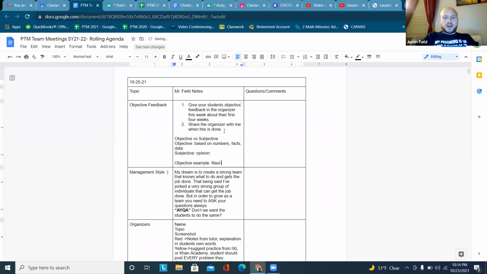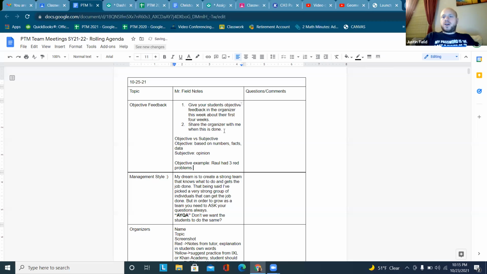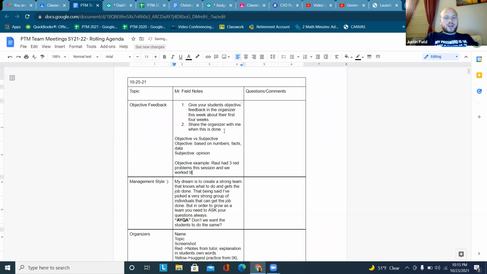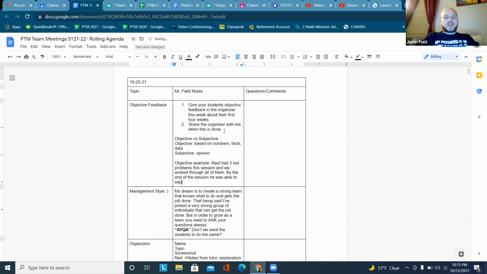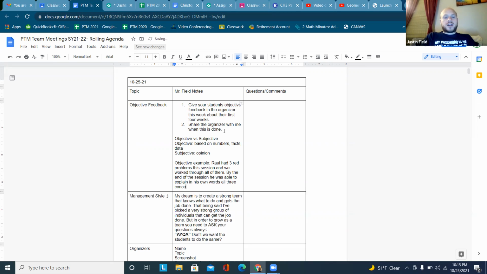Raul had 3 red problems this session, and we worked through all of them. By the end of the session, he was able to explain in his own words all 3 concepts correctly.